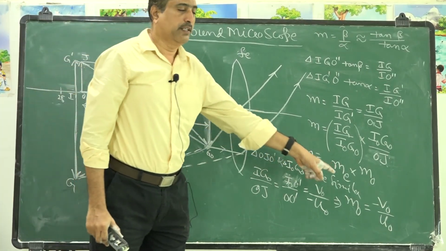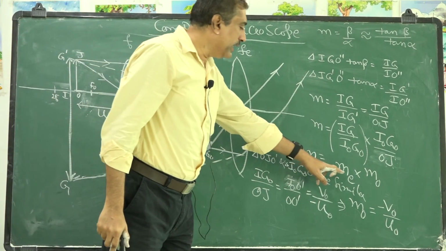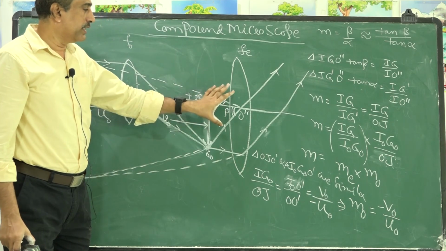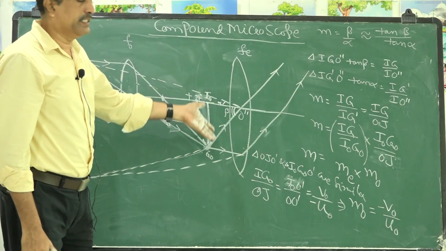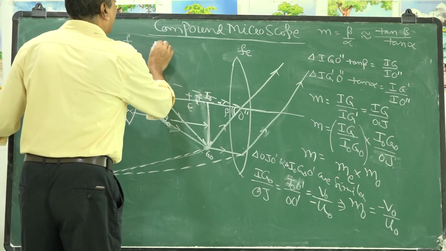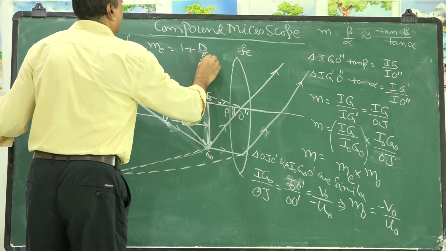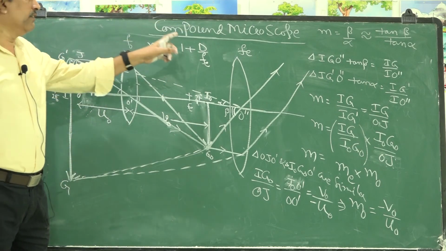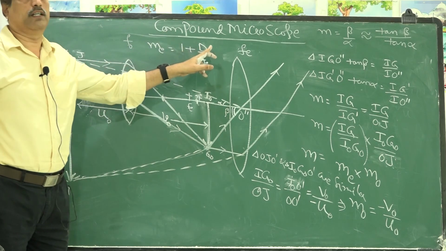So we get that negative sign. Now we have to calculate the magnifying power of the eyepiece, but the eyepiece is working as a simple microscope. So the magnifying power of this eyepiece is exactly equal to that of a simple microscope. We can write that relation as the magnifying power of the eyepiece is equal to 1 plus d by Fe, where Fe is the focal length of it, provided this equation holds when the final image of this compound microscope is formed at the least distance of distinct vision.